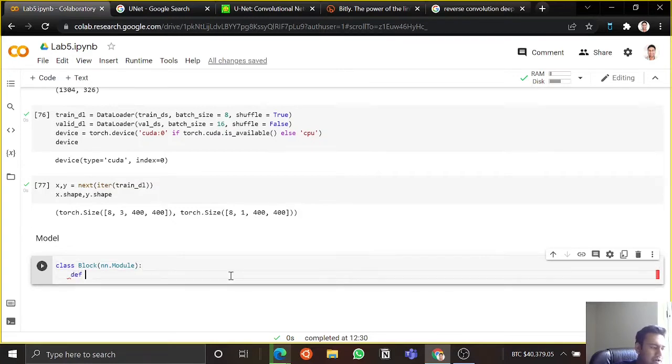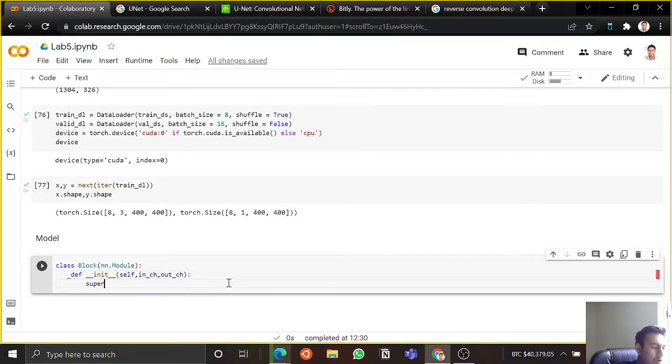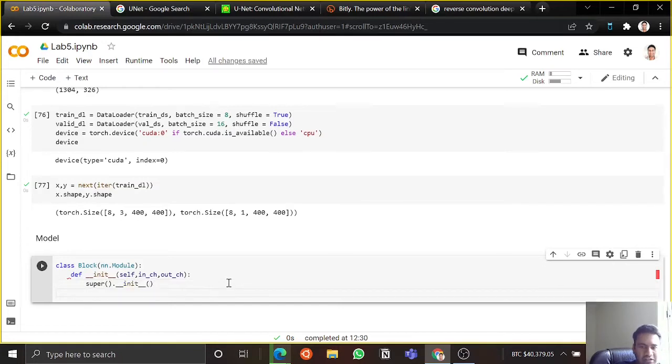And I'm going to initialize this as so there's self, in channels, and out channels, because that's what my convolution operations care about. Always initialize the super.init for nn.module, self.conv